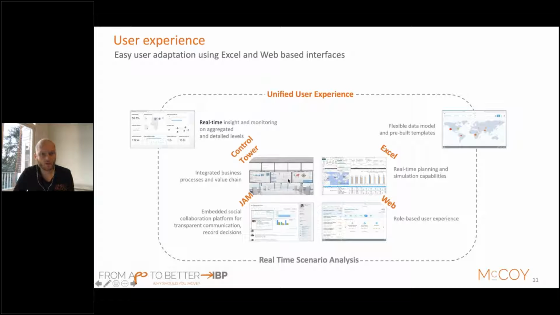This all will be supported by the control tower, where you can work exception-based. Instead of looking for the issues, the system will help you to identify where you have gaps and where you have issues in your supply chain. And these all helped by SAP Jam, kind of social platform where, as said, you can have the interaction and have online collaboration, identifying cases and sharing information across your supply chain and across your departments.